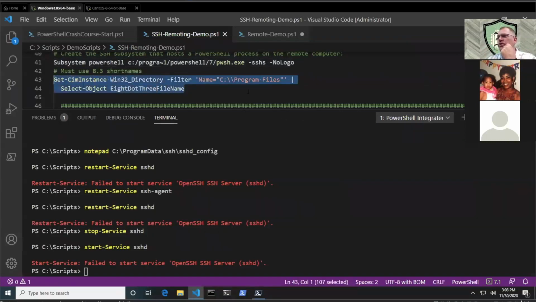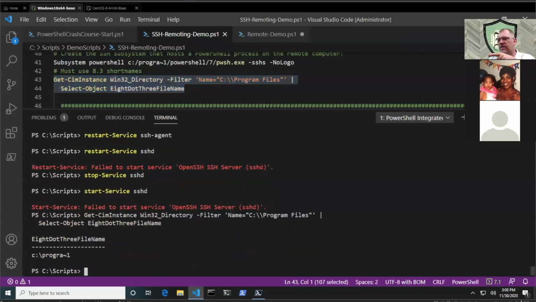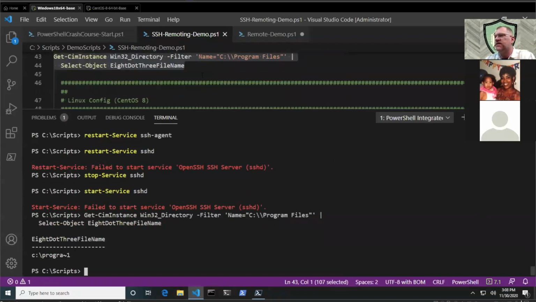and you can figure out what those are. You can figure out what the short name for the program files is by using this command line and then piping it to the 8.3 property, and that'll get you that right there. So you can just copy it. So now that that's done,